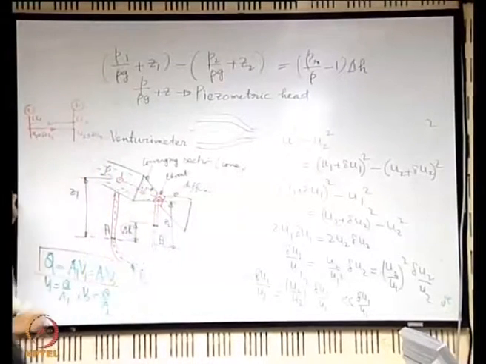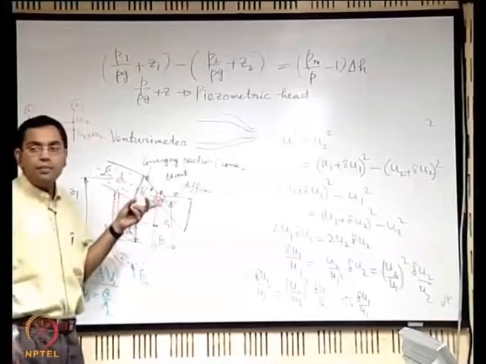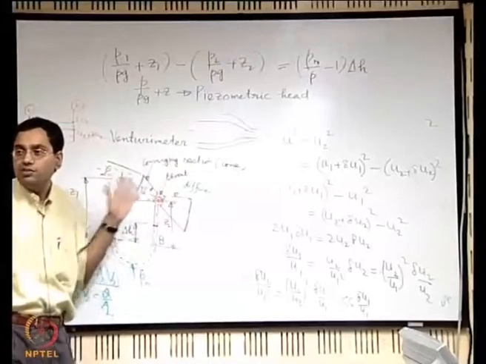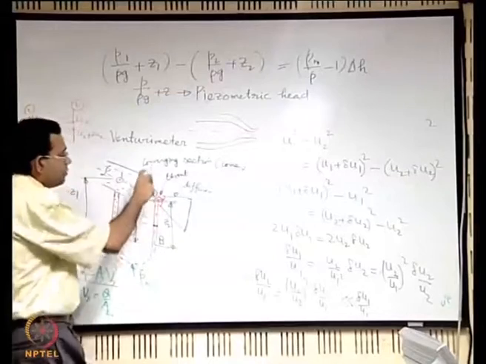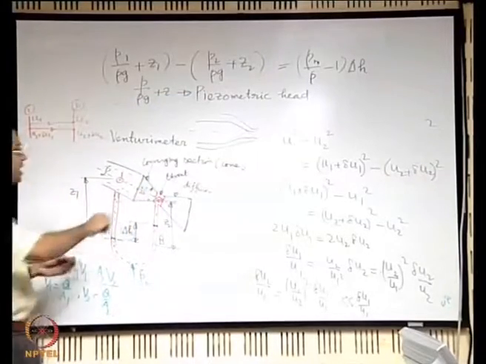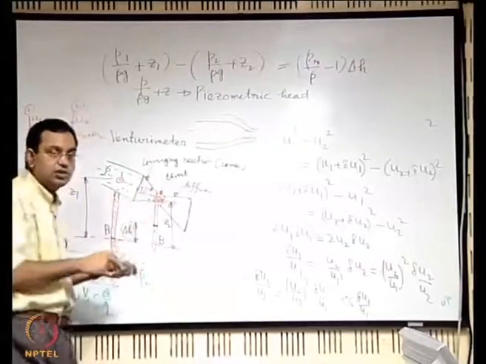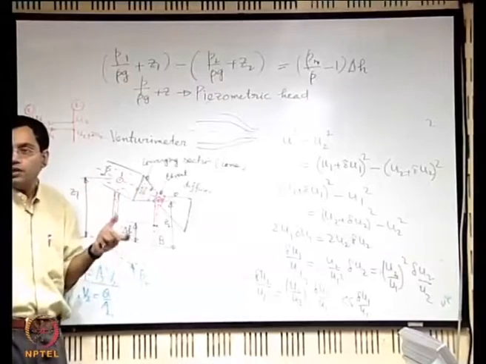These are design considerations of this device. It is not that 20 degrees is a magic number that is always kept. I am just giving you a rough idea of the range in which it is kept in practice. There are different issues, like you can't make it as large an angle as you like; there are issues of manufacturing the device and so on. One has to also fabricate it and put it in practice.